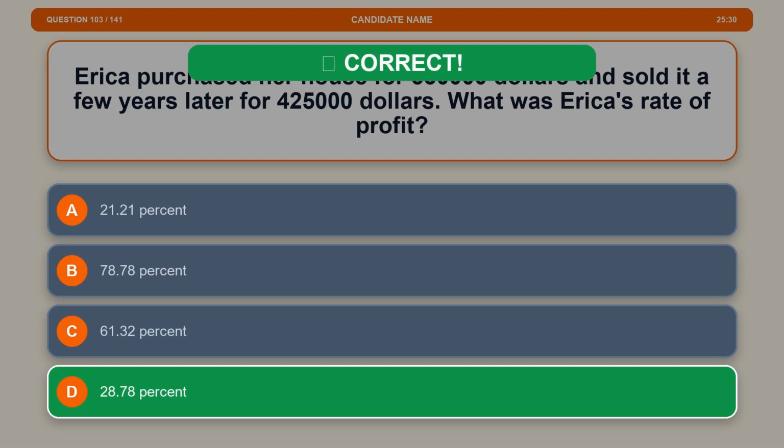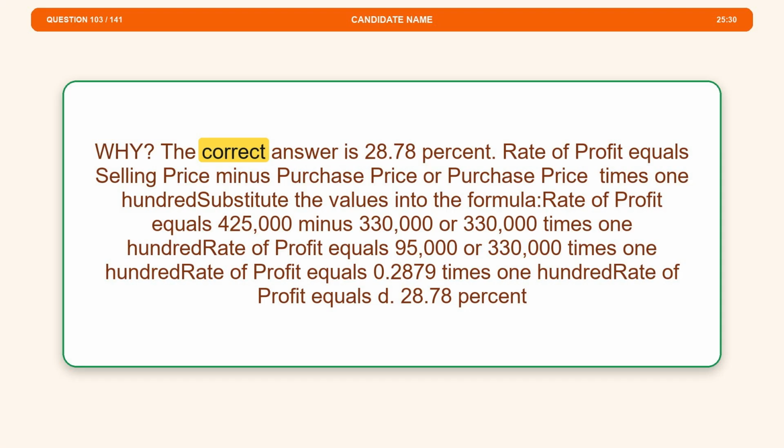The correct answer is option D. 28.78%. Rate of profit equals (selling price minus purchase price) divided by purchase price times 100. Substitute the values into the formula. Rate of profit equals (425,000 minus 330,000) divided by 330,000 times 100. Rate of profit equals 95,000 divided by 330,000 times 100. Rate of profit equals 0.2879 times 100. Rate of profit equals